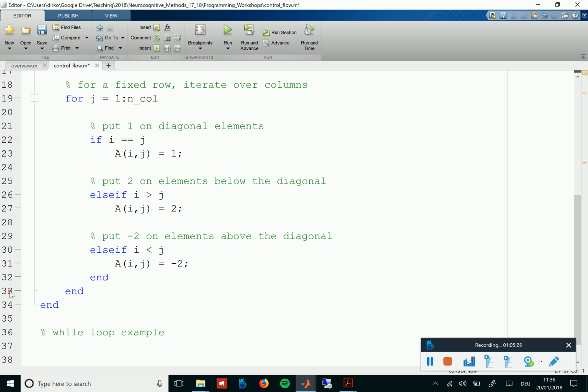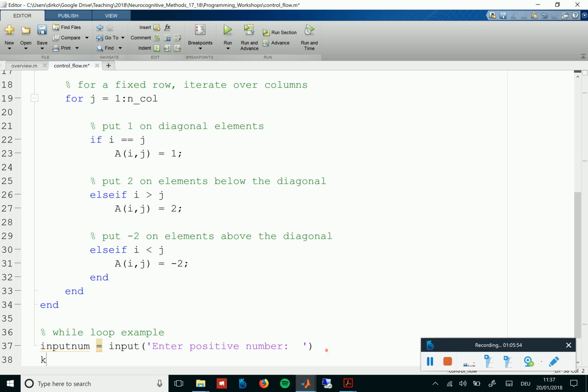The idea is you prompt a participant to input something. So you use the MATLAB function input, where you can specify a string that tells the participant something, like: enter a positive number, and once this is done, this is actually